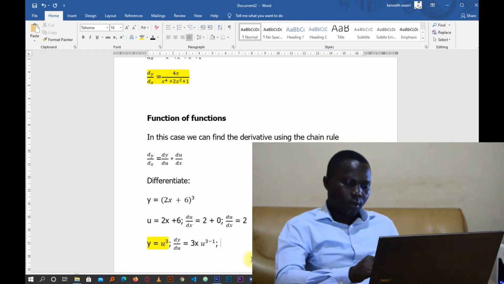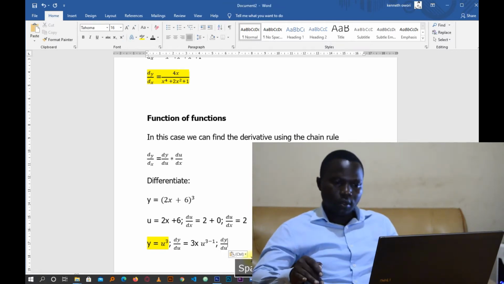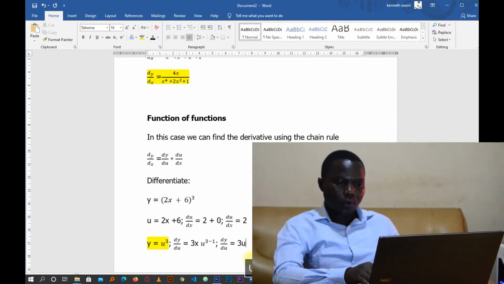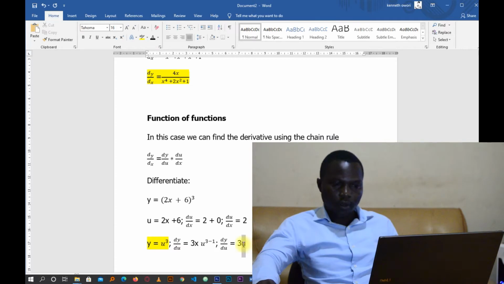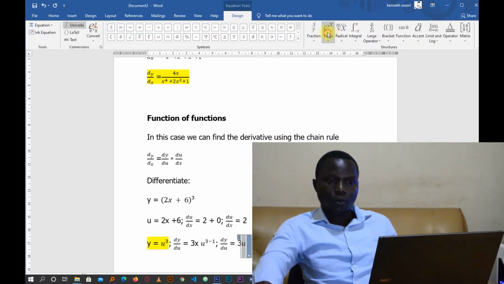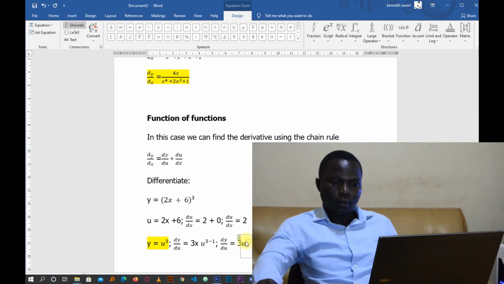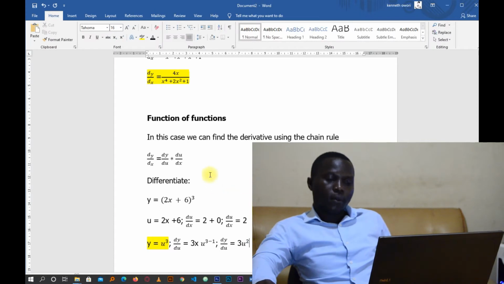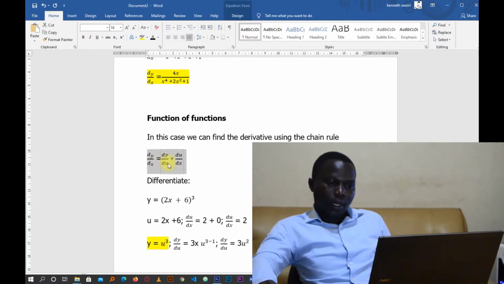Meaning our dy/du will be equivalent to 3u squared. In case we reduce the power of 3 by 1, we get 3u squared. So from the rule, we have dy/du as 3u squared,